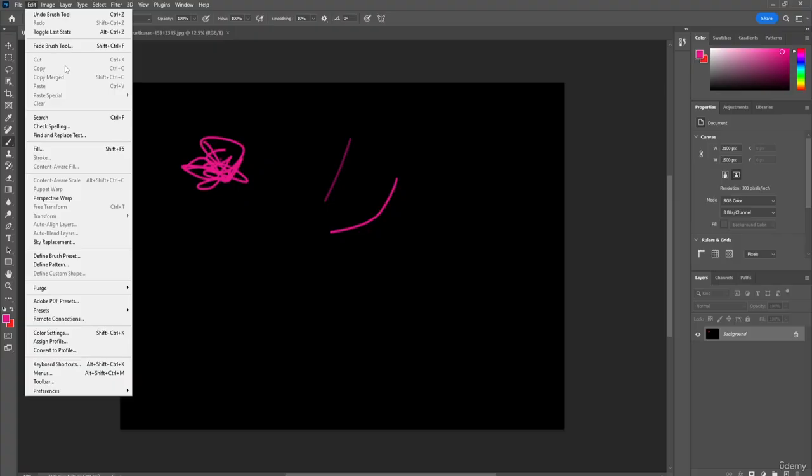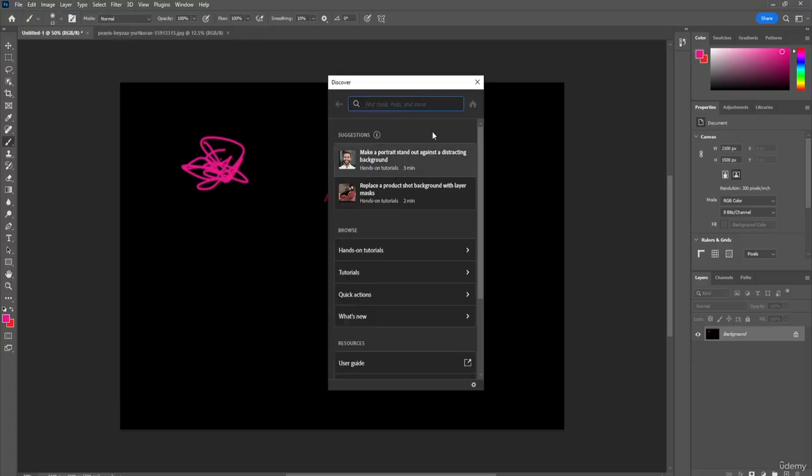Then there is the cut, copy, copy merged, paste, paste special, and the clear option. So if you're using one component from here to here or another component from here to here, you can cut them, copy them, or copy merge them together. Then there is the search option, which gives you the option to search for things in the Adobe Photoshop file or the tool that you're using. It's pretty helpful because you can actually